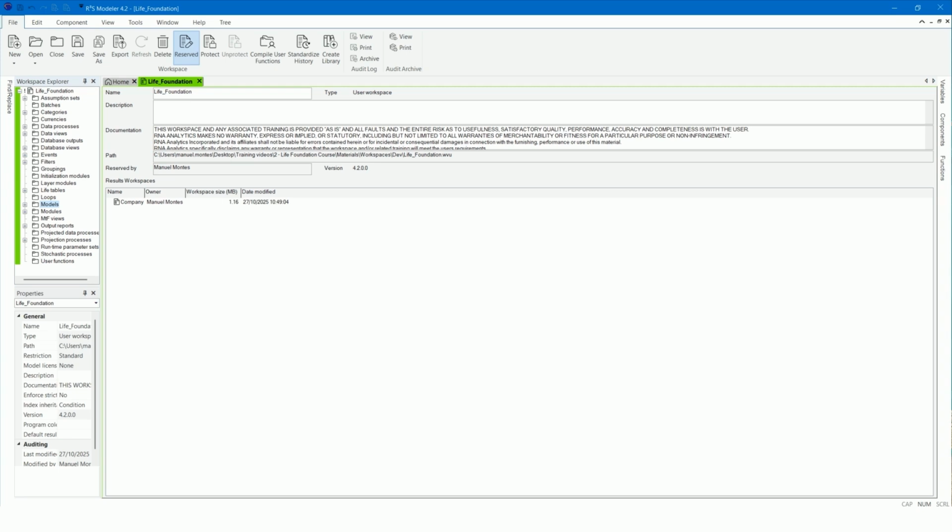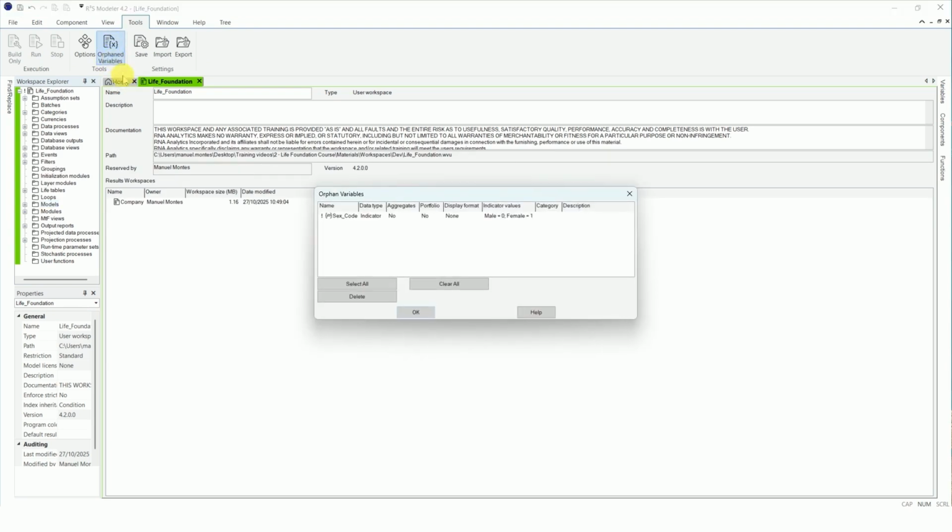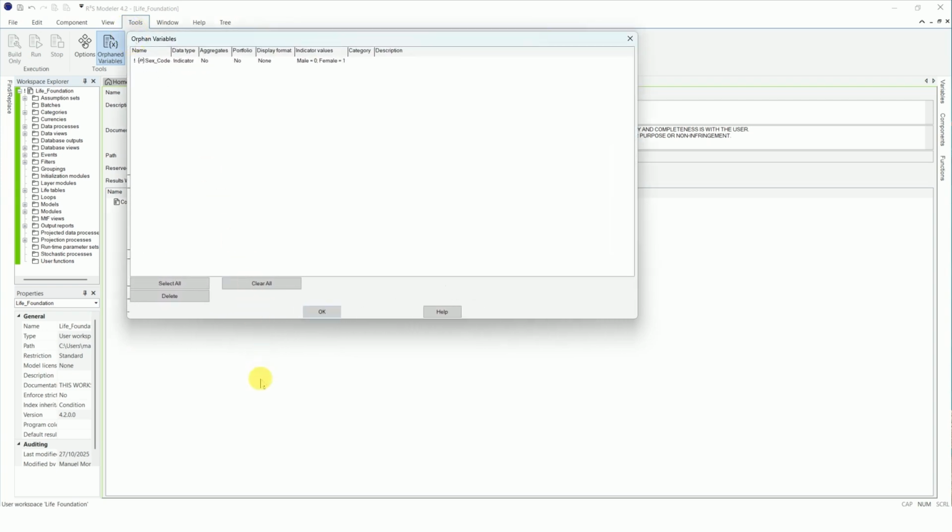You can use the Orphan Variables dialog box to view and easily delete the orphan variables in a workspace. Go to Tools, Orphan Variables. This identifies and lists all the orphan variables in a workspace.